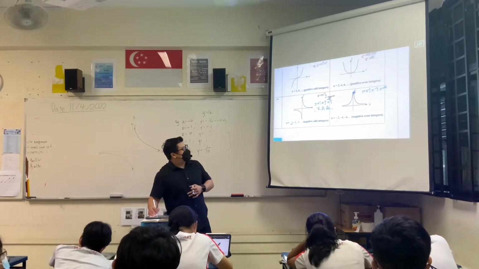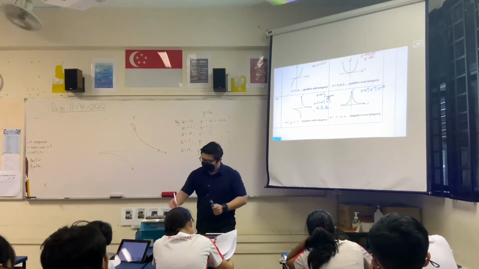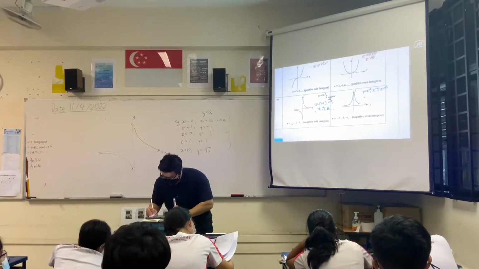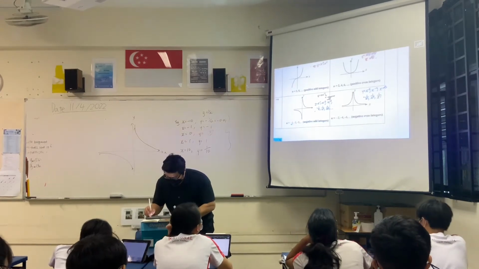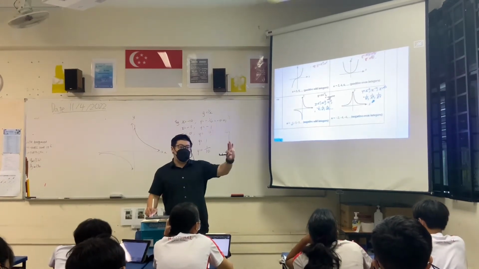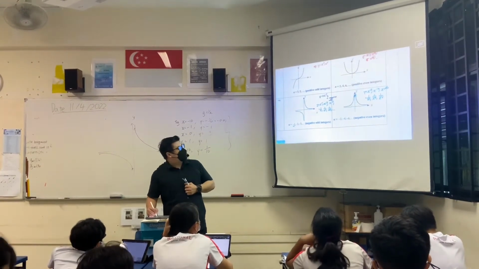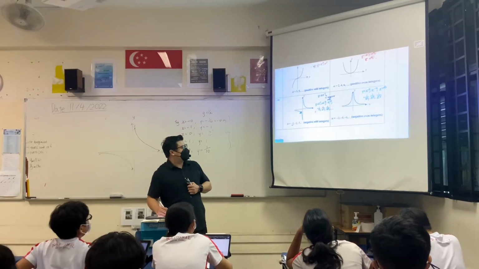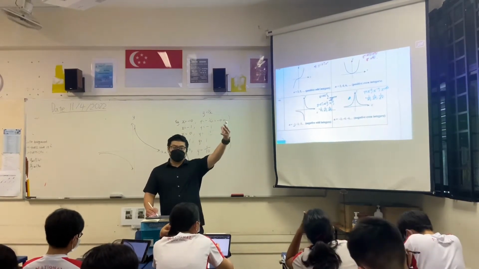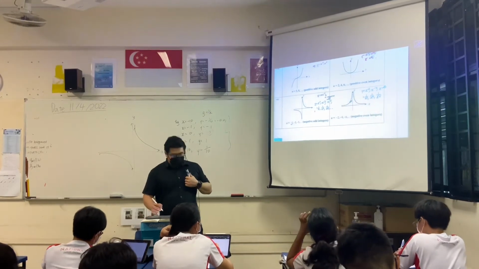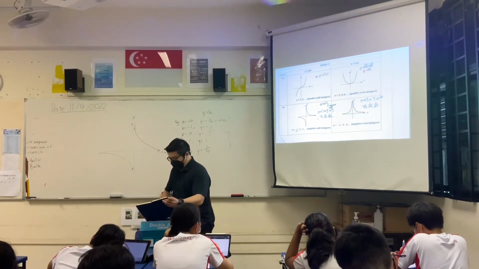Again, you can see that because it's a square, it looks something like 1 over x squared, 1 over x power 4, 1 over x power 6. X squared, x power 4, x power 6 will never be negative. So on the left hand side, the graph here is above. The y-axis is above, so it's above the x-axis. Okay? So, very quickly, let me just